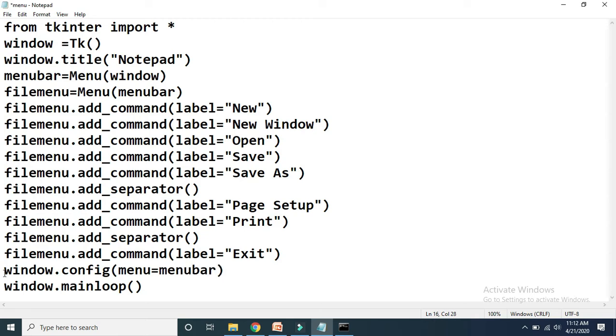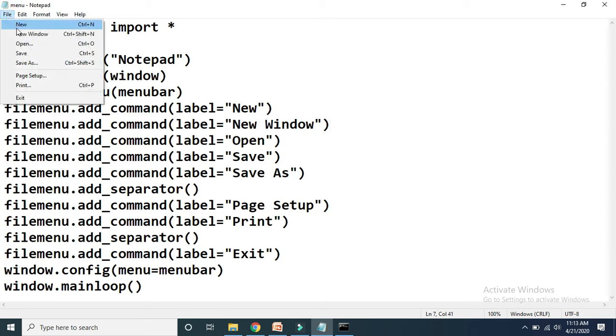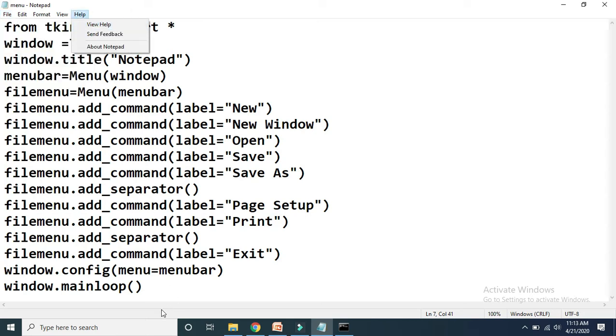Menu bar is the object that we created here, of the Menu class. Actually this menu bar is related with placing this horizontal portion, and the file menu is related with the first menu of that menu bar, and these are sub menus. Here we have added the sub menus new window, open, save, then we have added code for this separator. And then we configure this menu bar to the window.